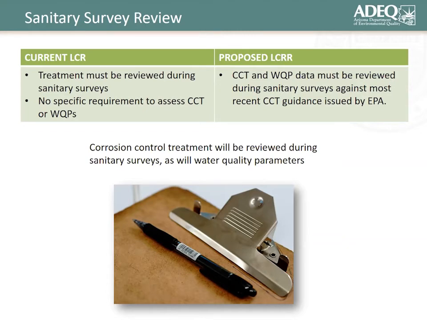rule. So the proposed revisions will have tighter control over their current corrosion control treatment and water quality parameter data review. Ideally, this would look like our inspectors working more closely with our water systems out in the field and evaluating their water quality parameters, whatever pH ranges and corrosion control inhibitor dosing, and trying to see if there might be some ways to tighten those controls, particularly if they're starting to see results outside of their ranges.